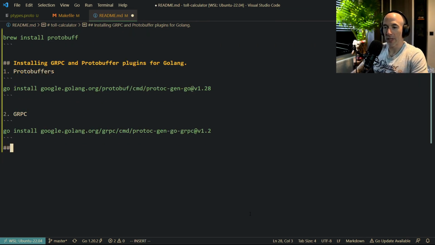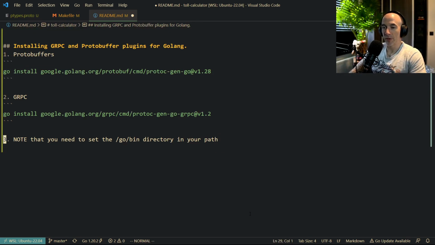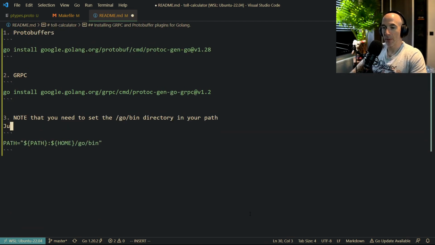Something like this. Actually, we could say: note that you need to set the, how is it called? The go bin directory in your path. We're going to paste that in, copy this, paste, just like this, or whatever. How do we say that? Whatever your go directory lives, right? Because in my case, it's going to be